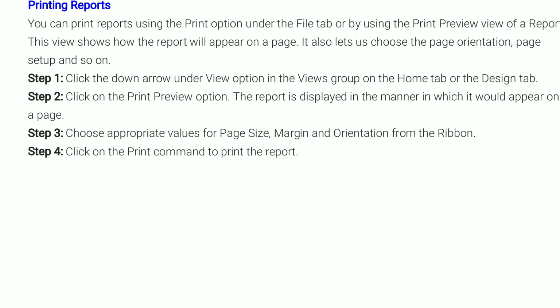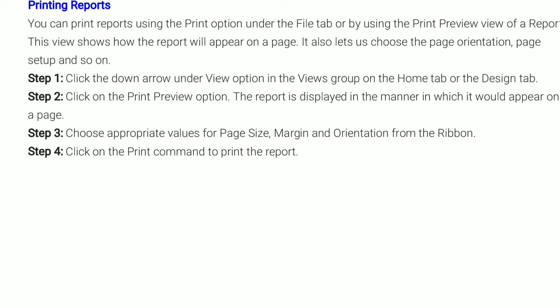We have to click on the File tab. As we click on this File tab, a list will appear. Here we can choose the Print option, or we can use the print preview view of the report. Using this, we can see how our report will appear after printing on a page.